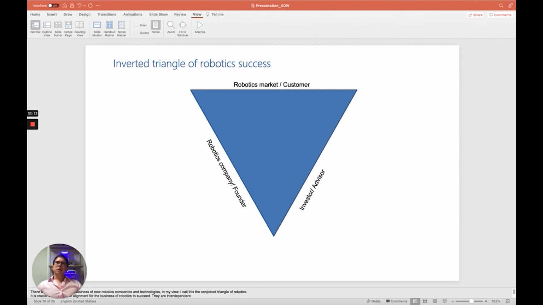The robotics market and customer can be understood by studying people. Trends, behaviors. It's not rocket science, but simply taking the time to look around at what people are doing, what they're asking for, in order to determine how to build a better proverbial mousetrap. The investors and advisors are crucial to the process because they bring experience and domain knowledge which extends beyond the realm of robotics